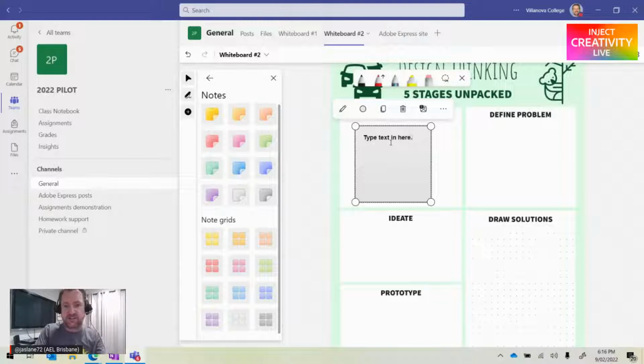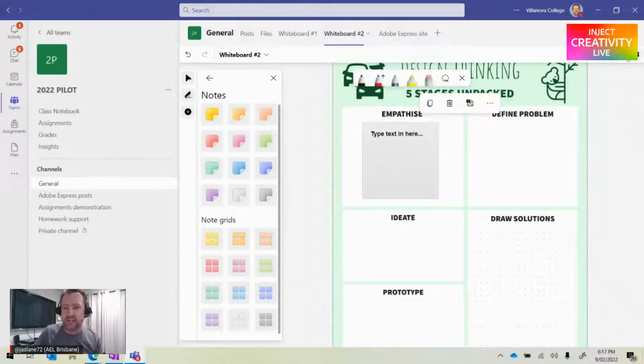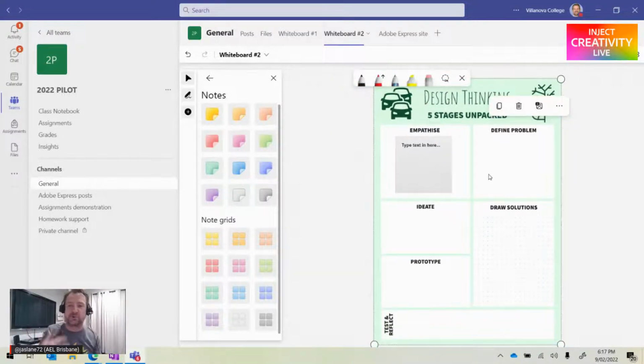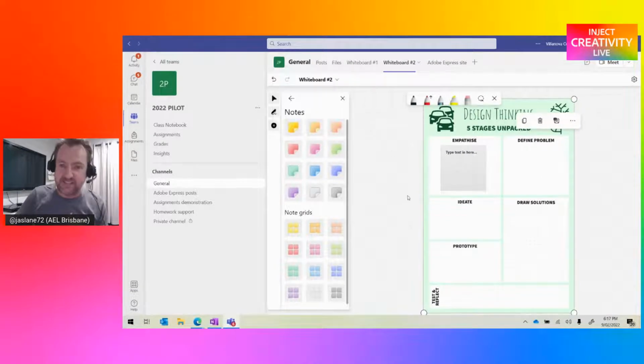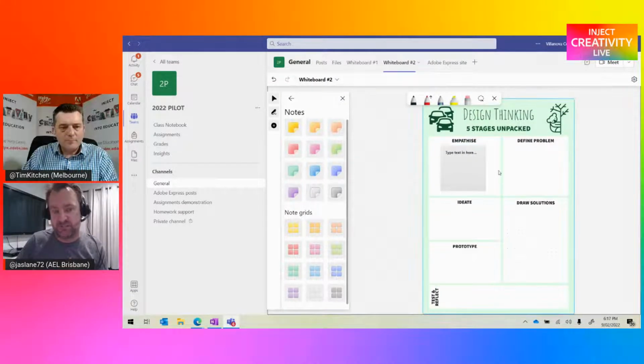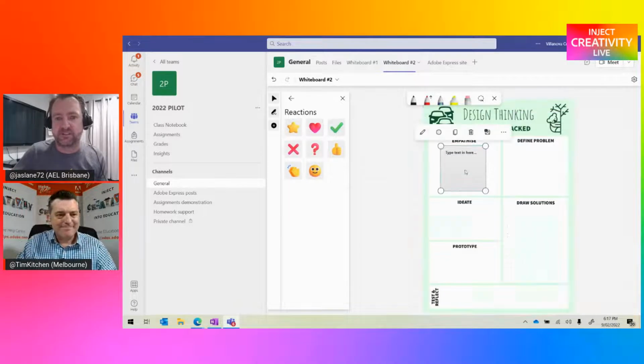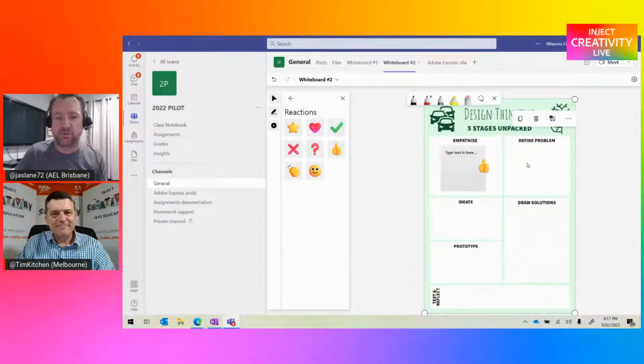They've got these great little containers. You can scale them up, you can move them around, do whatever you want. And this is all based on top of an Express post template. That's something that I'm quite excited about using more, because then I can have my content underneath and I can put reactions and all sorts of other things on top, like marking it up with all these different things